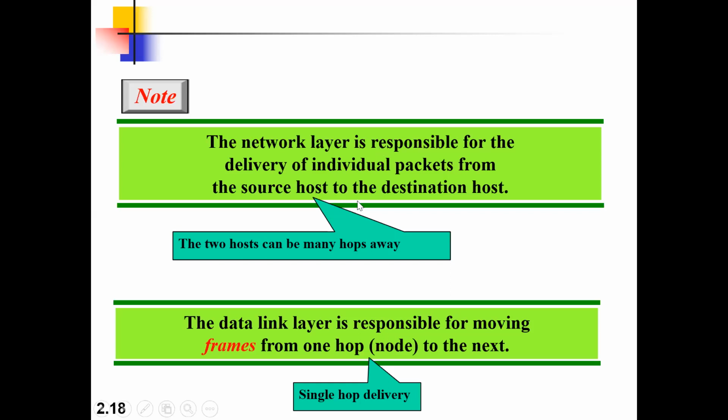Now, what your network layer is responsible for: there can be many hosts. It helps to transmit the data from source to destination. It can have n number of in-between hops available, that means intermediate nodes can be infinite. It is not bothered. Whereas the data link layer is a single delivery, one hop at a time. Here, multiple hops it can go through unless it reaches the destination host.